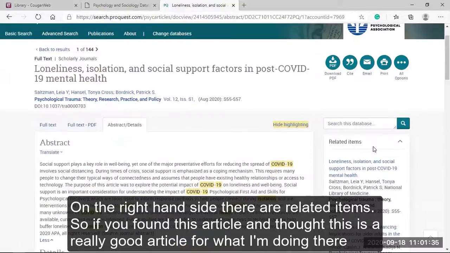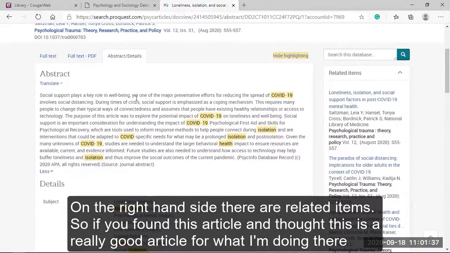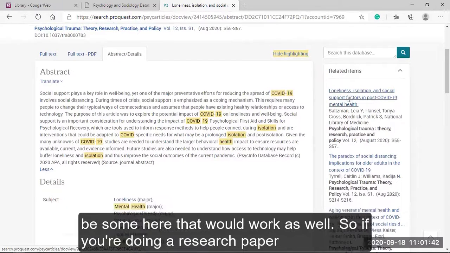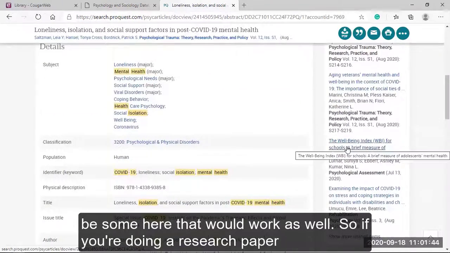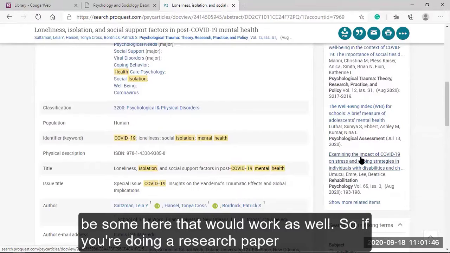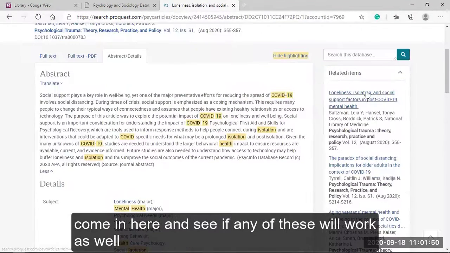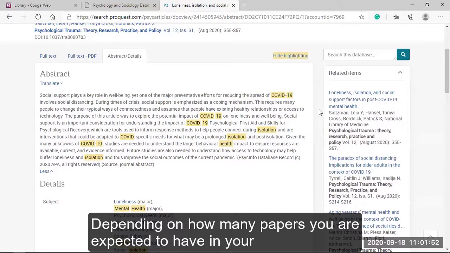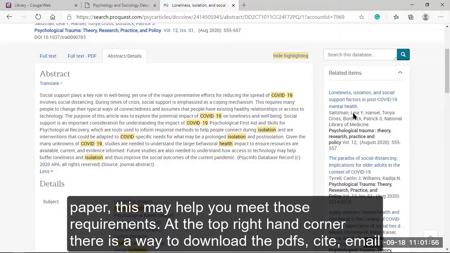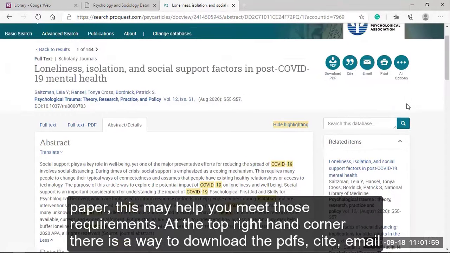On the right-hand side, there are related items. So if you found this article and you thought this is a really good article for what I'm doing, there might be some here that would work as well. So if you're doing a research paper, come in here and see if any of these will work as well. So depending on how many papers you are expected to have in your paper, this may help you meet those